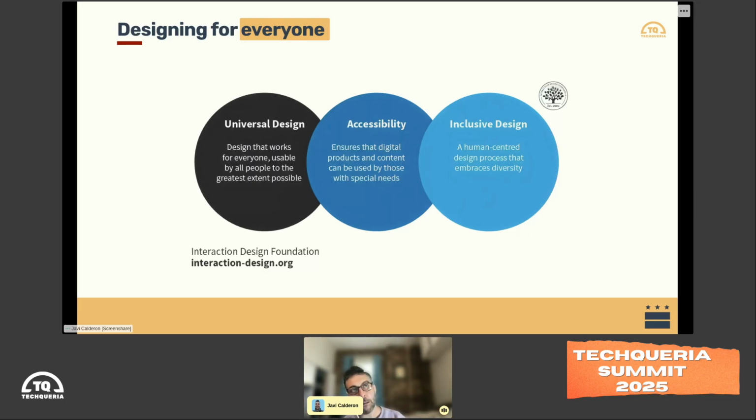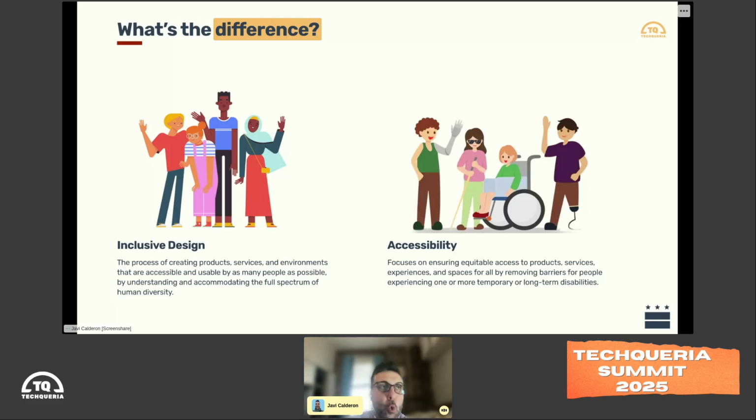We're going to fit them all together. These are all related topics: usability, universal design, accessibility, inclusive design. Really, the latter two we're going to talk about today: accessibility and inclusive design. So just a quick definition, right? Inclusive design is the process of creating products, services, environments that are usable by as many people as possible, right? Taking into account the full spectrum of human diversity and ability, making sure that everybody is included from one edge case to the other, and we'll talk about that in a little bit.